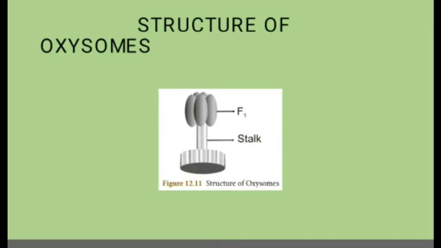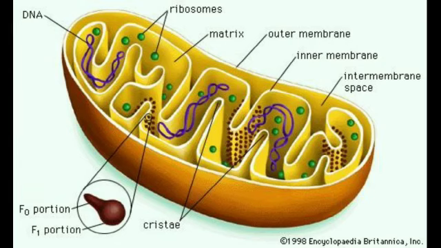The inner mitochondrial membrane bear minute regularly spaced tennis racket shaped particles known as oxysomes or F1 particles. They involve in ATP synthesis. Now we move on into the mitochondrial matrix. It is a complex mixture of proteins and lipids. Matrix contains enzymes for Krebs cycle, mitochondrial ribosomes, that is 70S ribosomes, tRNAs and mitochondrial DNA.